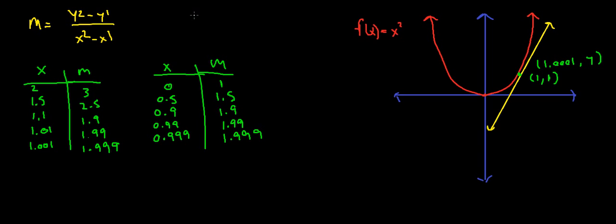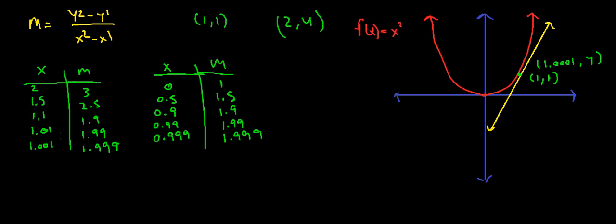I've gone ahead and picked 1, 1 as one of my points. That is the point that I'm wanting to find the approximate rate of change. And then I just started plugging in points into this formula. So I plugged in 2 squared is 4, and then I found the rate of change between these two. And you get 4 minus 1, which is 3, over 2 minus 1, which is 1, so it's just 3. And I do it for 1.5, and then 1.1, 1.01,